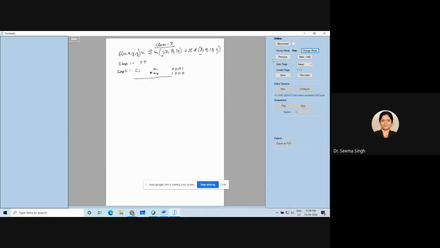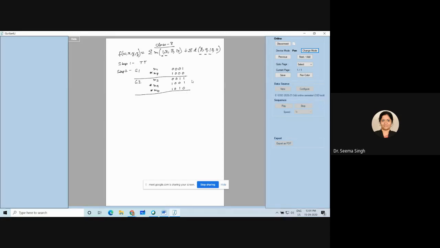Now next is your group 2. When I have a group 2, how many variables will be there? M3. You can help me out whenever I am asking. M9 and M10. M9 and M10 is a don't care, as you can see here. And M3 is a normal term. So these three are coming in group number 2. I will write it also 0011, then 1001, and 10 is 1010. So group 2 has 2 ones in its term.